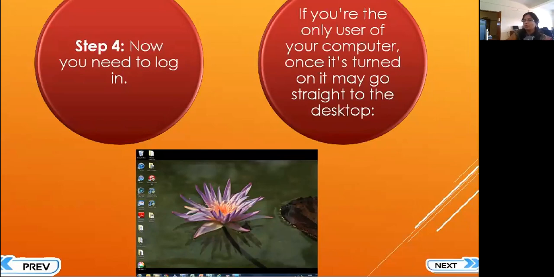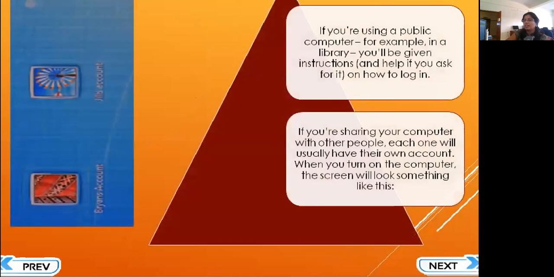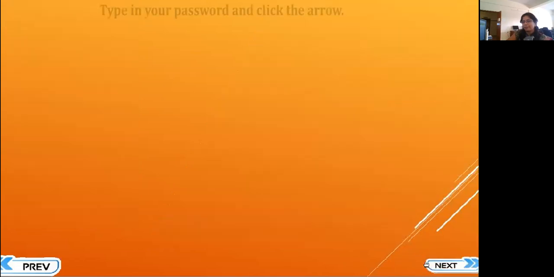But if 2-3 people are going to use it, we keep a password and it generally asks for it. For example, in school libraries, many students use the computers and you want to keep your files safe, so you are supposed to use them with passwords, okay?